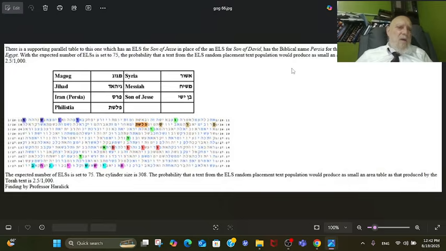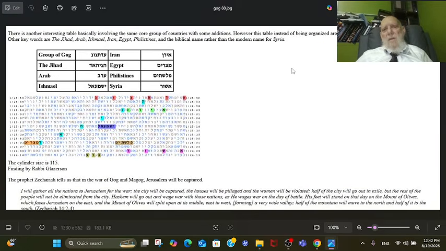Professor Haralick beautifully explained it on this site, TorahCode.org. Before it was .us, but it was closed. Now it is TorahCode.org. If you see TorahCode.us, that is the old one, so forget about it.